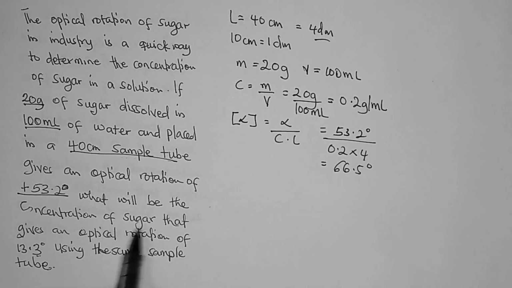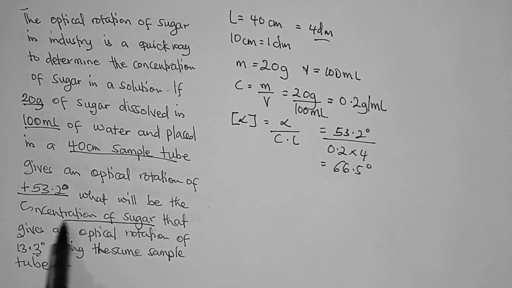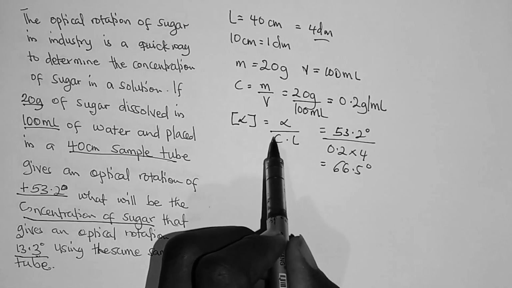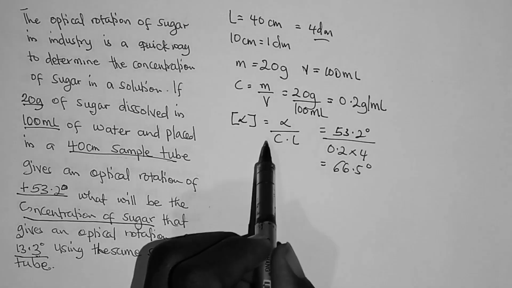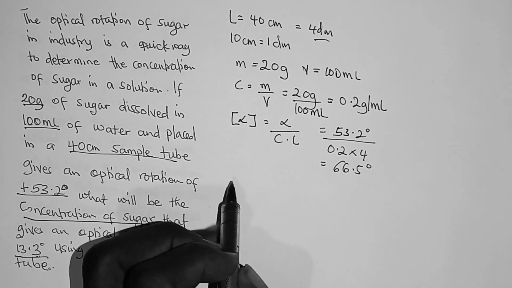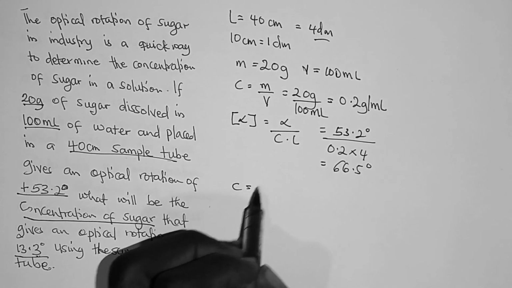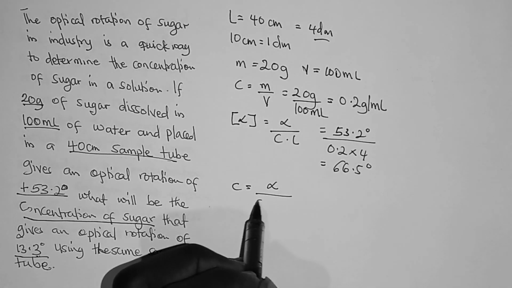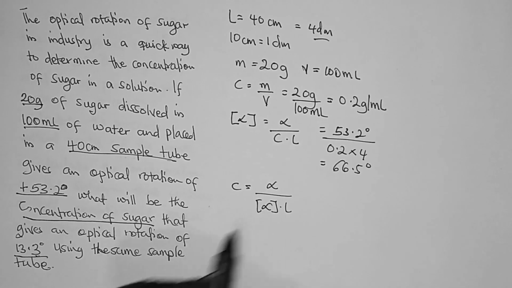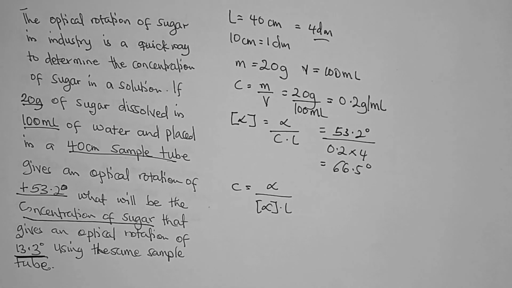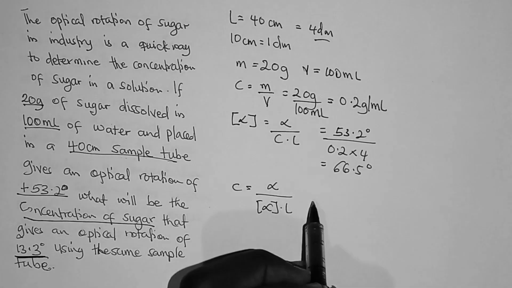However, the question is: what will be the concentration of sugar that gives an optical rotation of 13.3 degrees? So what we do is that we can make concentration the subject over here. In making the concentration the subject, we know that concentration is equal to the observed angle of rotation divided by the specific rotation times the path length. And in the new situation, the observed angle of rotation was 13.3 degrees. So this is equal to